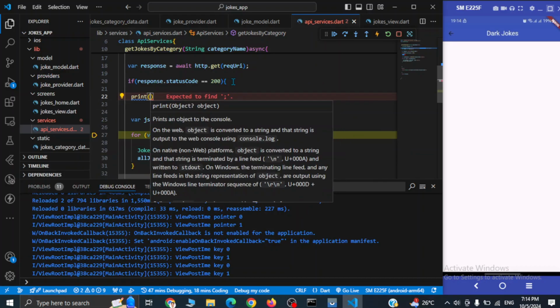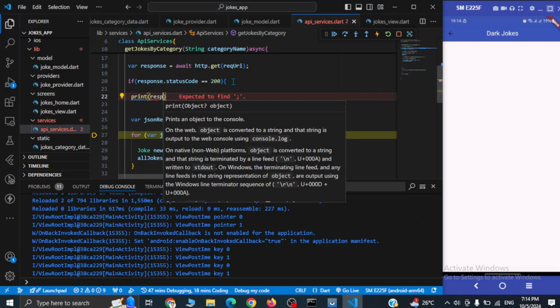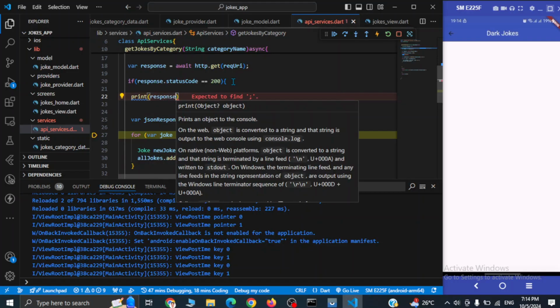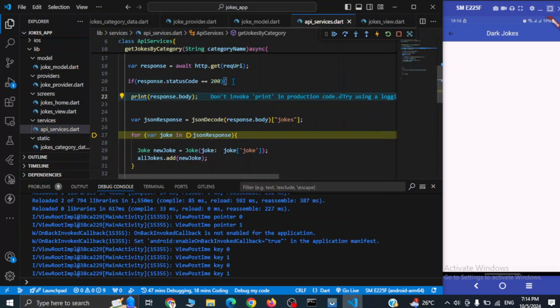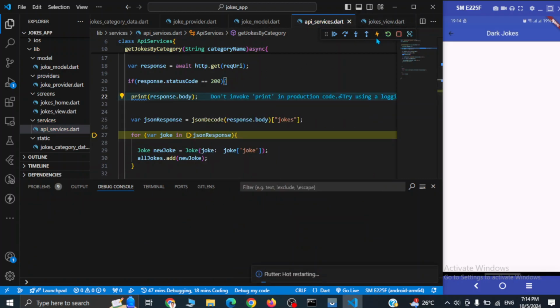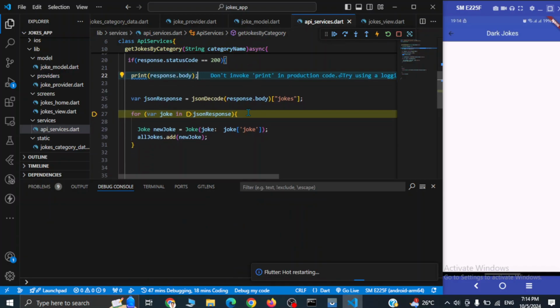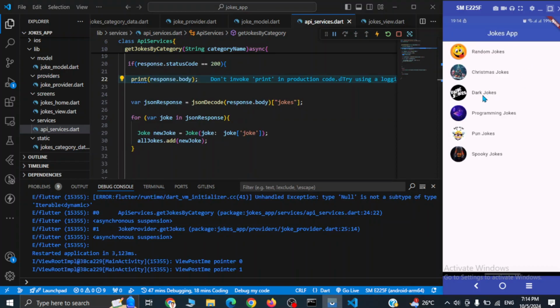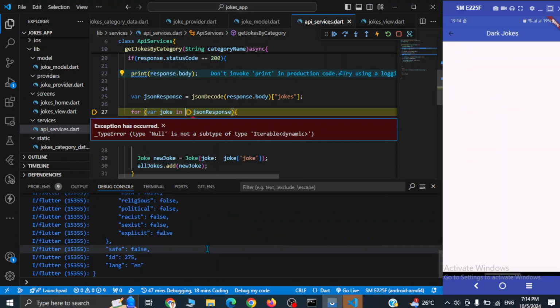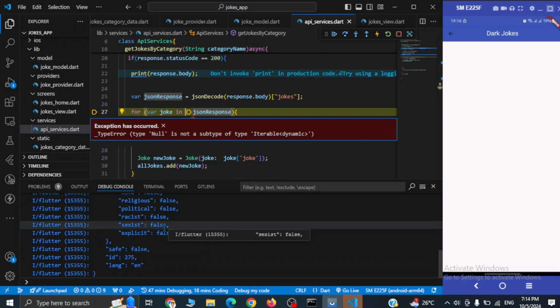Print response dot body, and let me restart again. Let me click on any of the category, dark jokes, and our response is